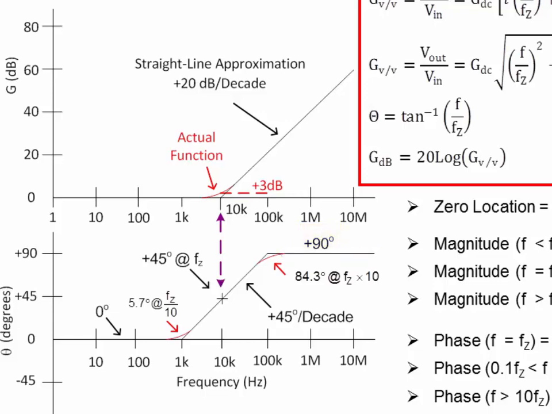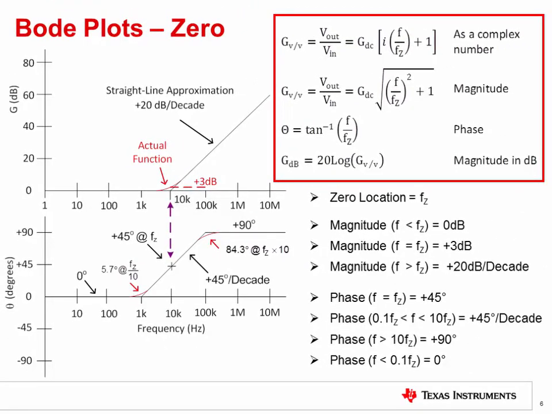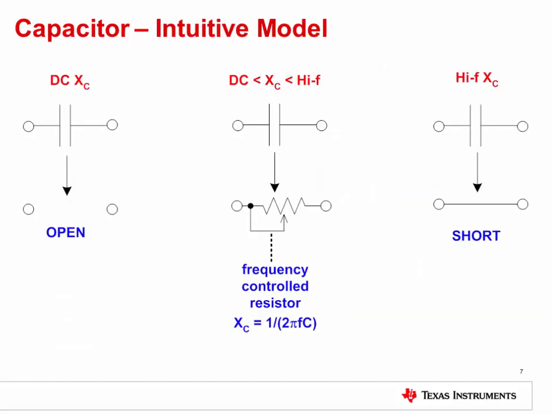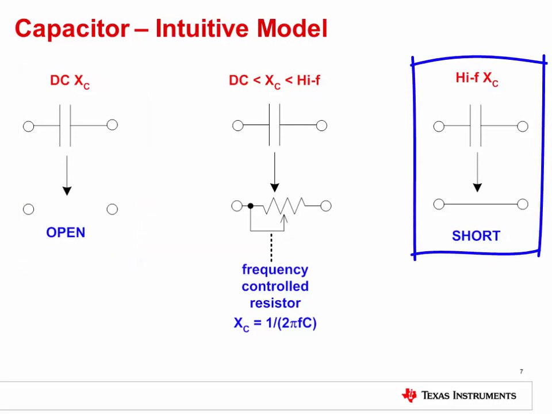Up to this point, we have looked at the mathematics behind the frequency response. Now we will look at connecting the mathematics to electrical circuits. First, let's consider the operation of a capacitor over frequency. It often helps to think of 3 different regions of operation. At DC, the capacitor will be viewed as an open circuit. At high frequency, or AC, the capacitor will be viewed as a short circuit.